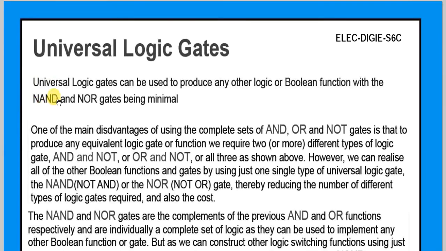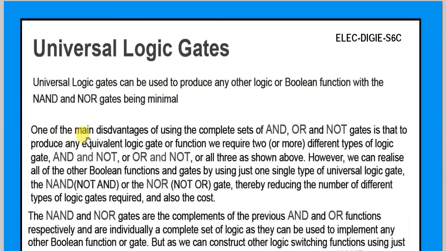Let's say we need an OR gate, exclusive OR gate, or AND gate. We can make that from the NAND only. Similarly, NOR gates can also be used; only one type of gate is enough. This is very useful in making logic trainer kits or logic circuitry where we have only one type of logic gate.